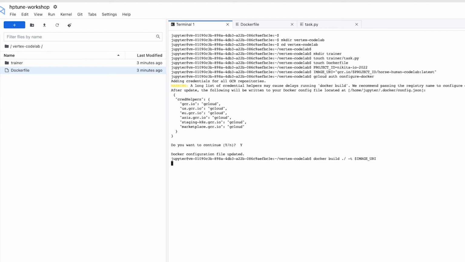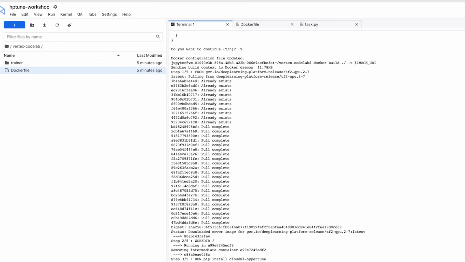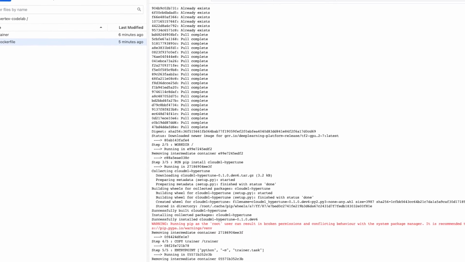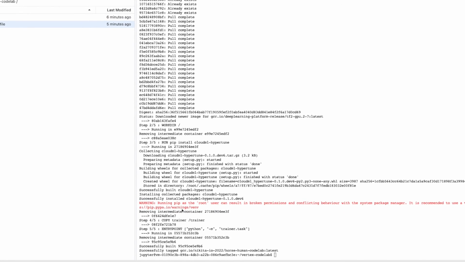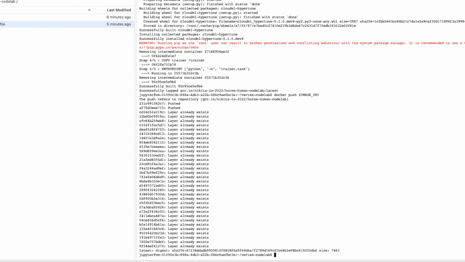And this will take a few minutes, probably about 5 or so minutes, the very first time that you do this. It's going to work a little bit faster for me because I have done this before, but note that the first time you do run this command, it will take a little bit of time. Okay, our image has been built, and now the next step is to push this image to Container Registry. So we'll call docker push. And again, this will take a little bit of time the very first time you do it. I've done this before, so it was pretty fast.